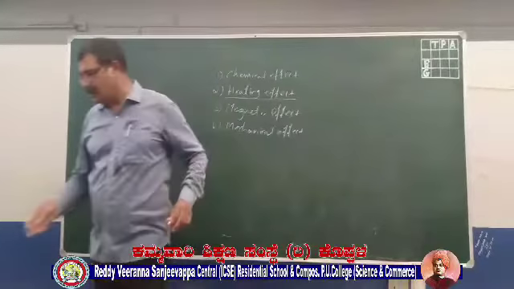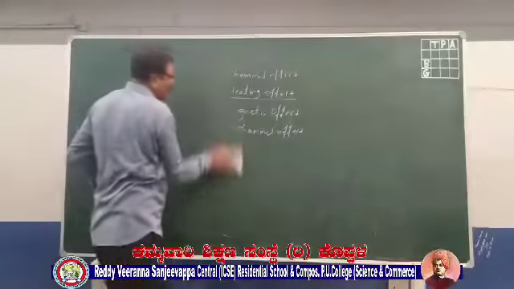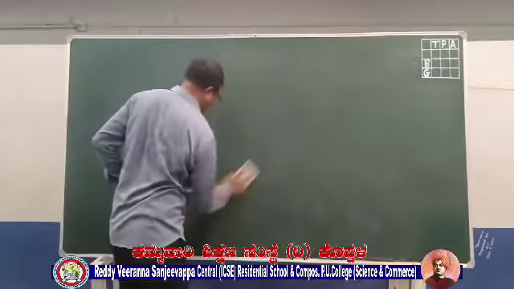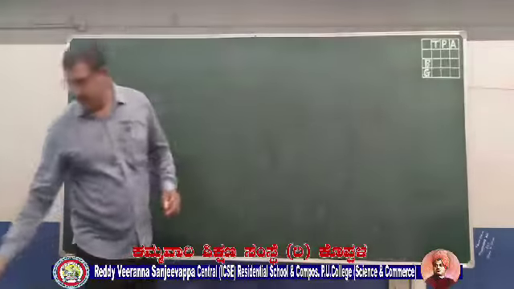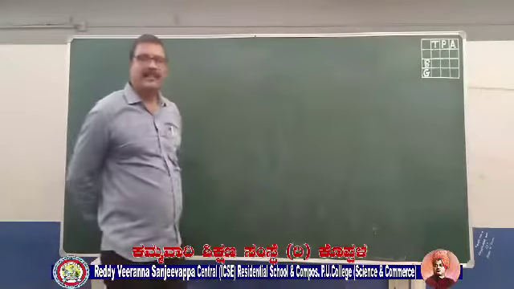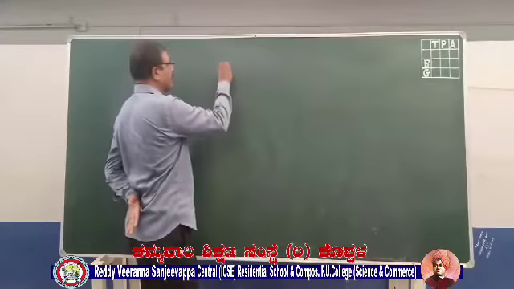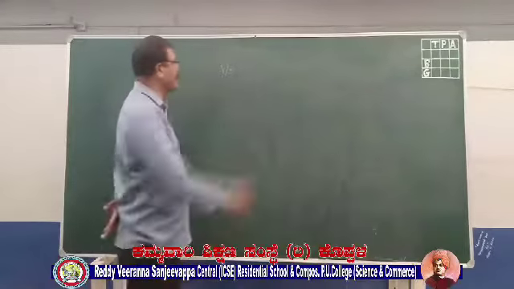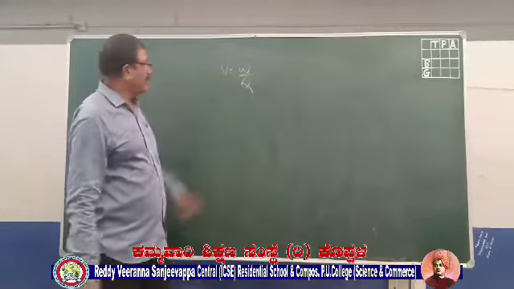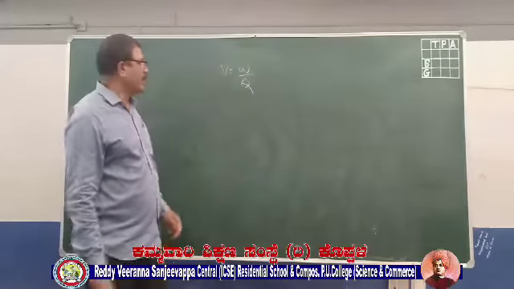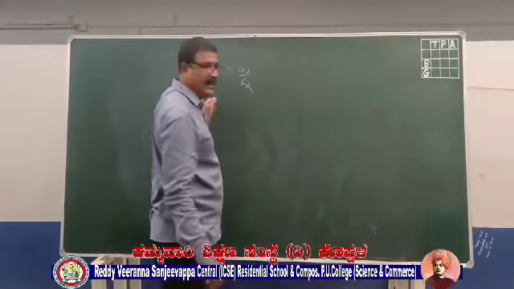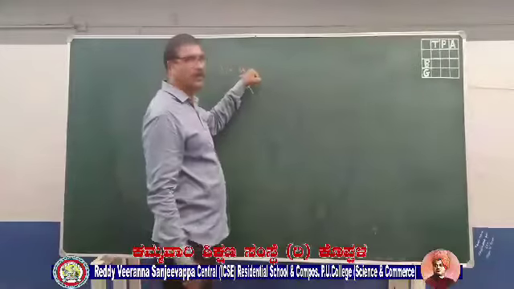Okay, to study the heating effect, now let me go back to our relation of potential difference. What is the relation we have for potential difference? V is equal to W by Q. Okay, this is the expression we have for potential difference. Now what is this W? Work done. Work done in carrying a charge from one end of the conductor to the other end. That is W.